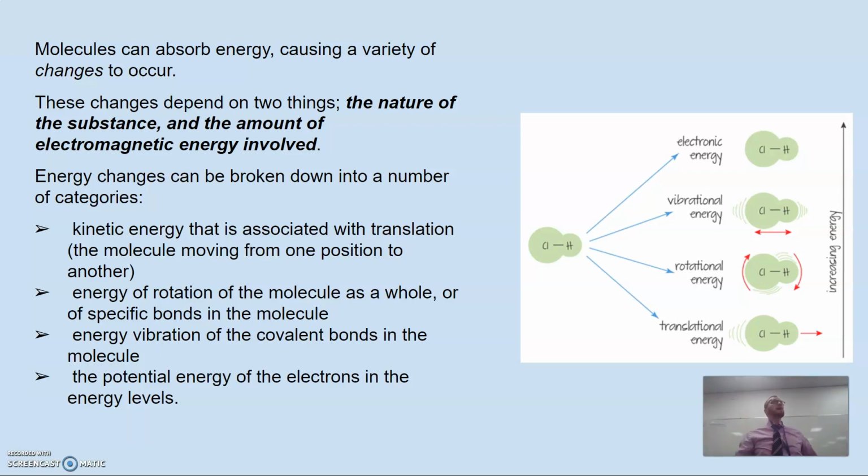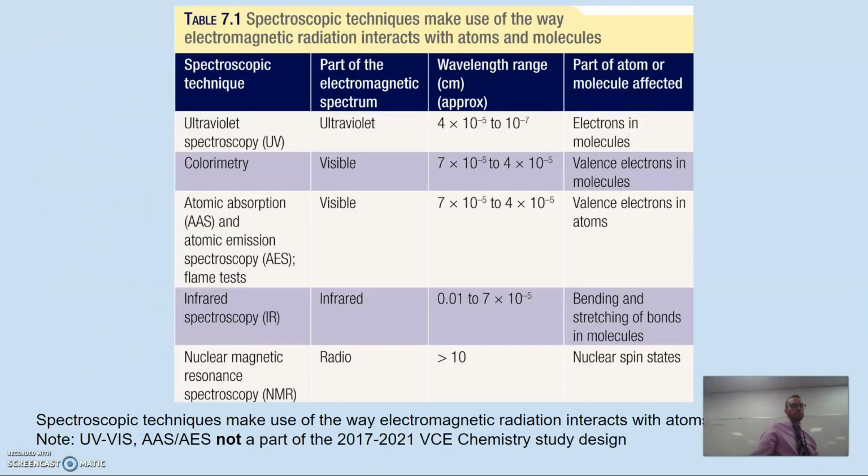We've got vibrational energy. Imagine bonds as not being a static length, but rather it's more like a spring. Yeah? So it lengthens and shortens and lengthens and shortens. We've got rotational energy, right? So a bond is either going to rotate, bend, or stretch. And translational, meaning it moves, the whole molecule. UV vis,